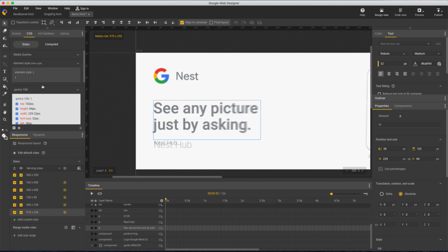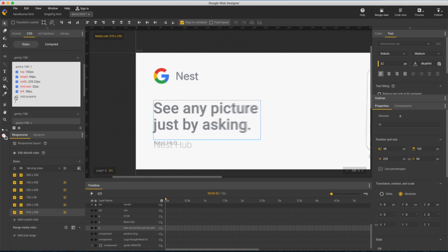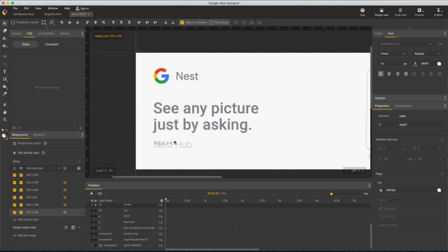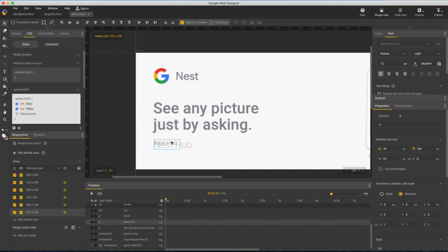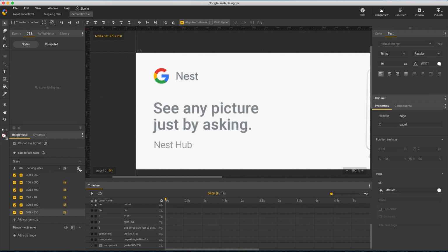I need to increase tracking on my headline, so back to the CSS panel. And the last item is Nest Hub. I'll just increase the font size. And we're done. Let's preview all sizes.